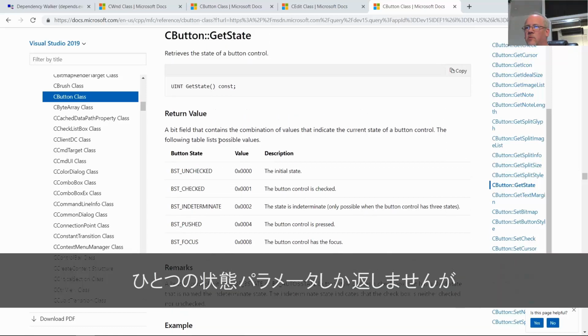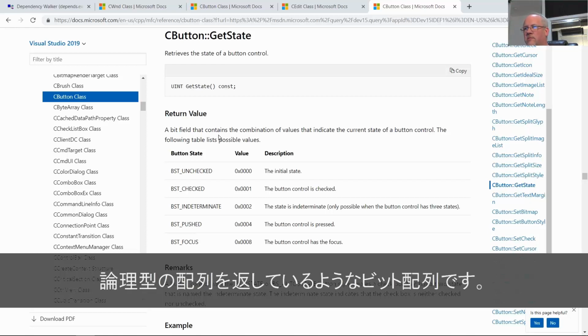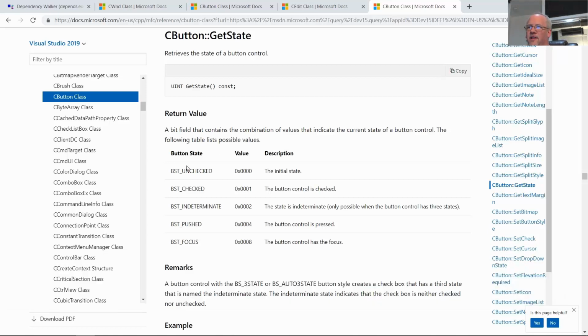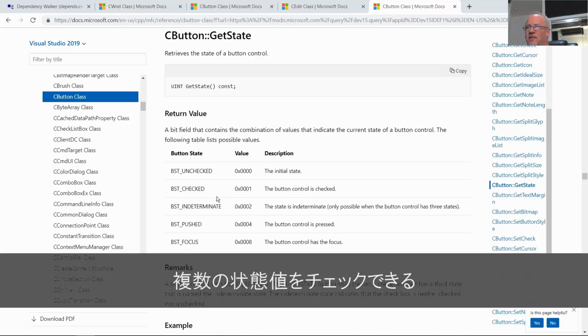It doesn't just return one state parameter. It kind of returns like an array of booleans in the form of bits. It's a very low-level method of checking multiple state values.